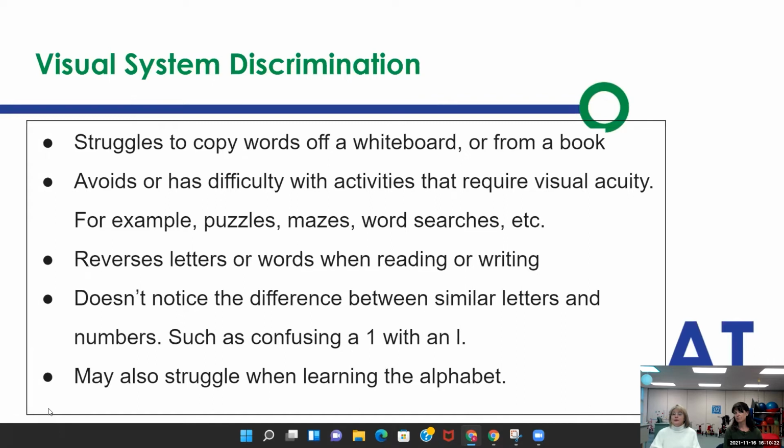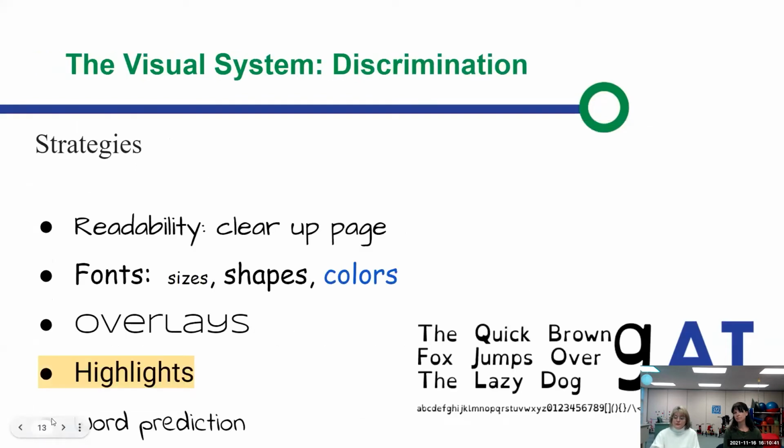And then they're struggling with seeing the difference between some of those, the 1s and the L's and the I's that look very similar, but they can't really discriminate between the differences. There are also the kids that are really struggling with the alphabet. So when we look at strategies for the visual discrimination system,